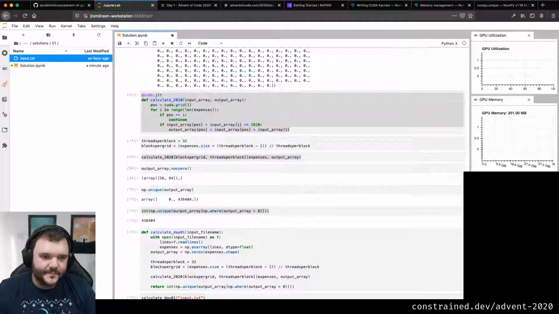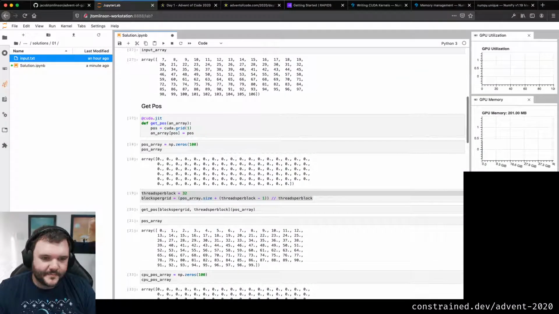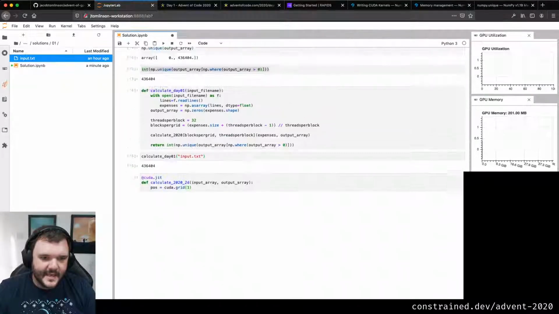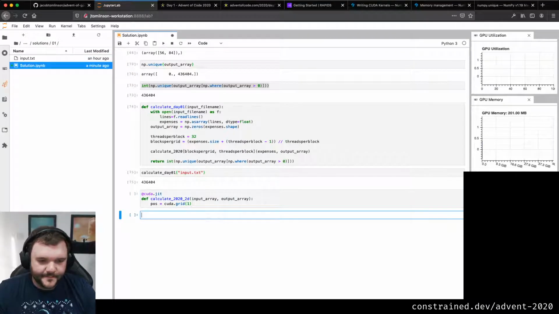I'm just gonna play around with my get positioning again, because I'm curious to see. Let me keep thinking out loud. I have to find two numbers, right? So I could use the GPU to map that data. So let's start with an np.zeros thing again. I might write a little function as well.